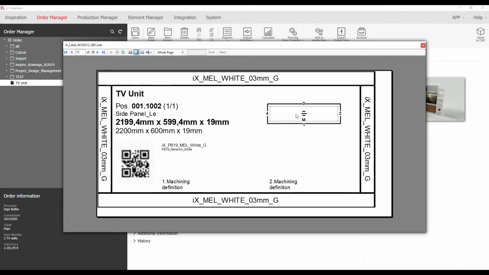Then also we will see here the grain direction and also the barcode number, which is the same as the CNC file number. If I open this 1002 from the database and scan the barcode, it automatically opens this CNC number or the CNC file which belongs to this label. I click on it, I open the barcode, and the barcode leads me to the CNC file,